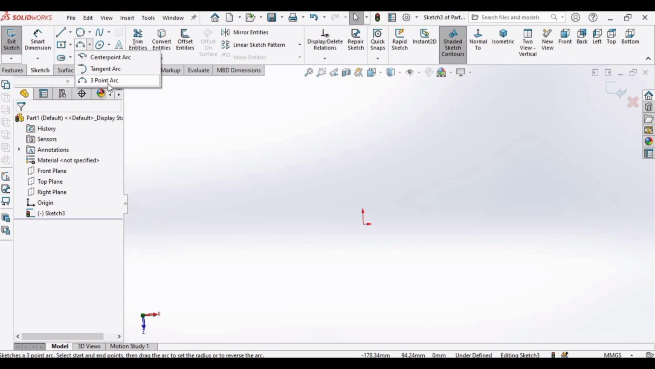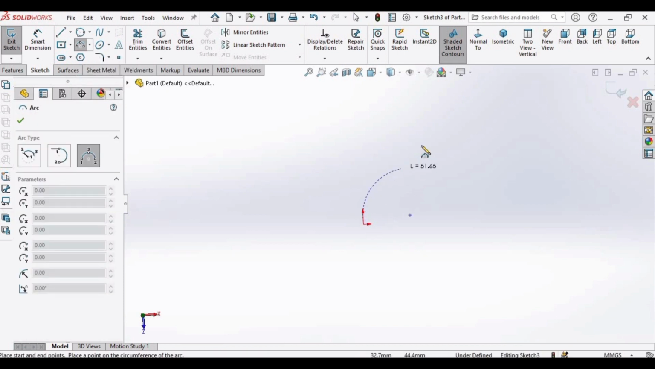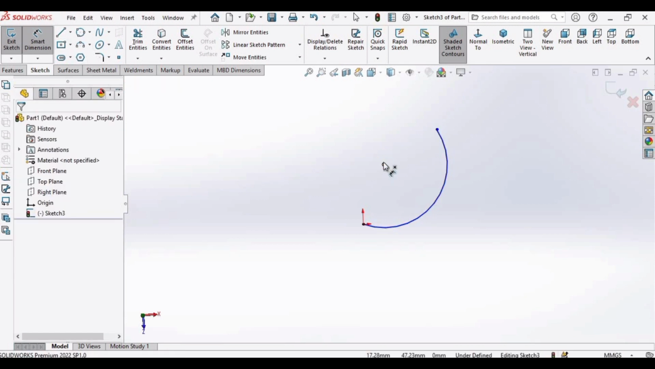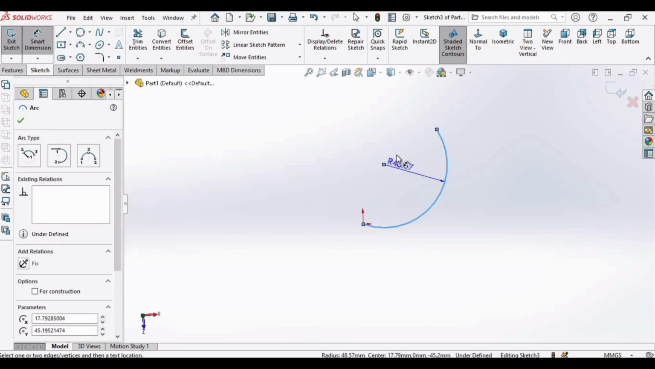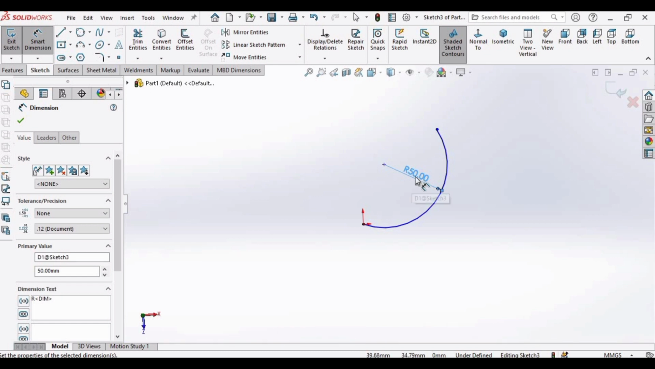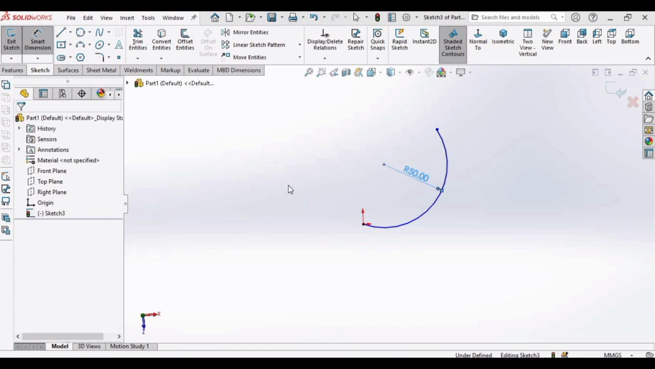I'm just explaining you the 3-point arc. As the name shows, it has 3 points. Just I have clicked 2 points, and we can adjust the third point here, and we can specify the radius by clicking on this arc, and here we can specify some radius. I'm just assigning here 50 as radius. So all of these